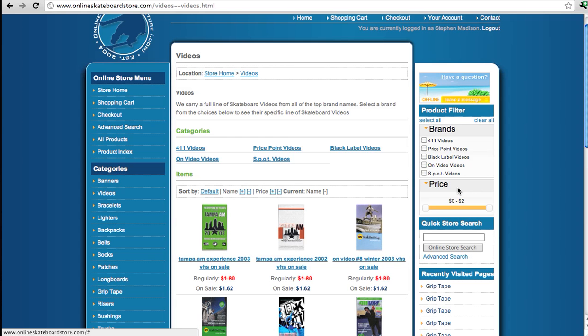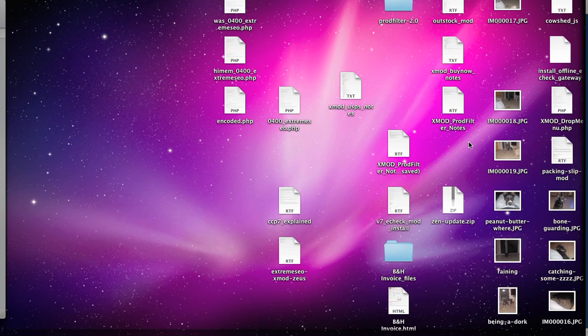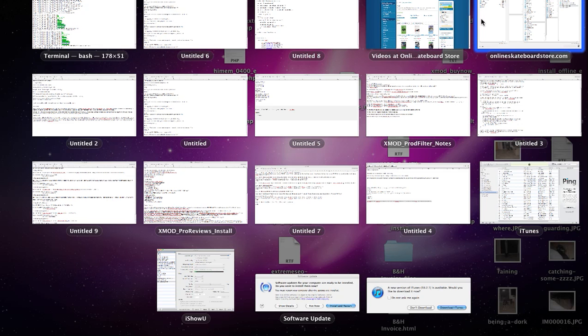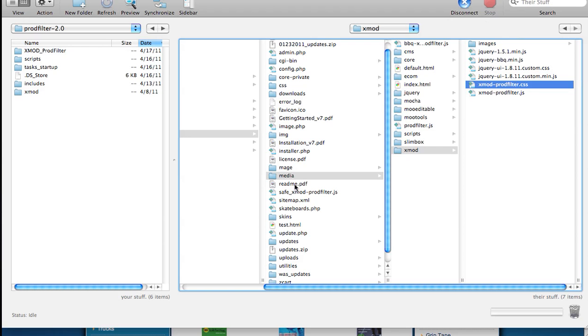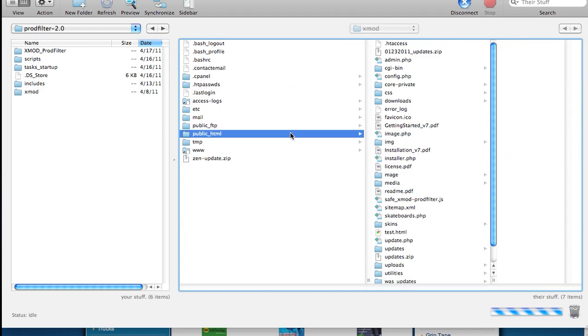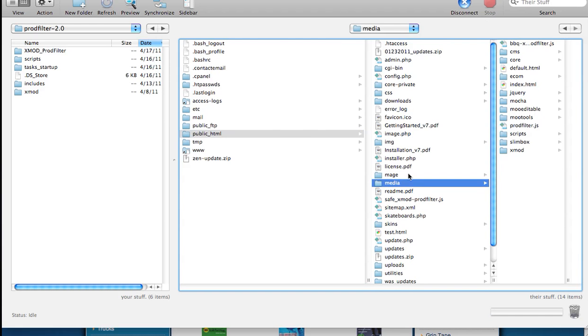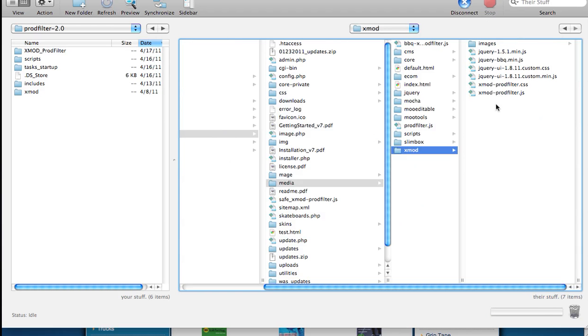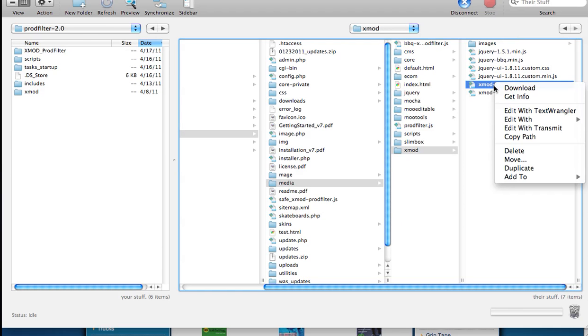But if you want to make your own modifications to the way that this is displayed in regard to the colors of the text here, or whatever, the color of the top header, color of the background, the borders, or anything like that, then the way that you do that is go to your site, you go to your public directory, which in our case is public HTML, and you go to media, and you go to XMOD, and you go to XMOD prodfilter.css. And if you open this up,